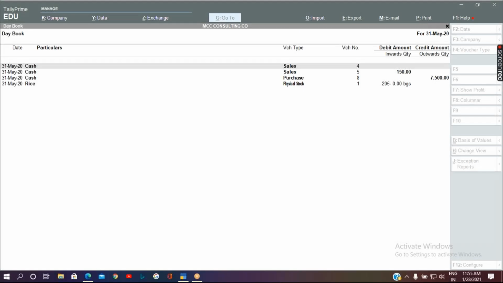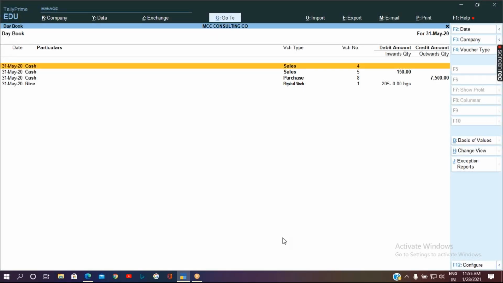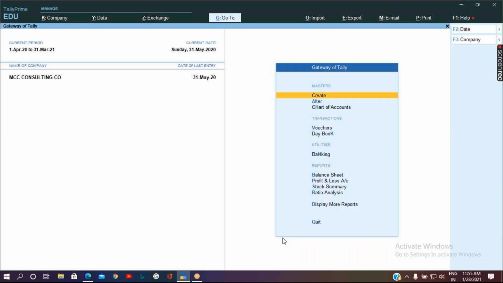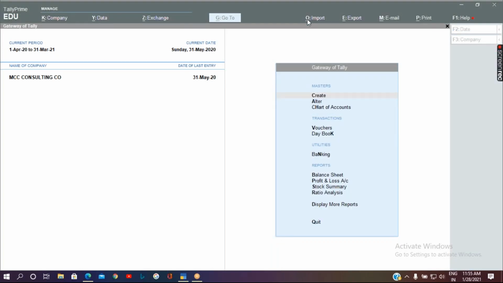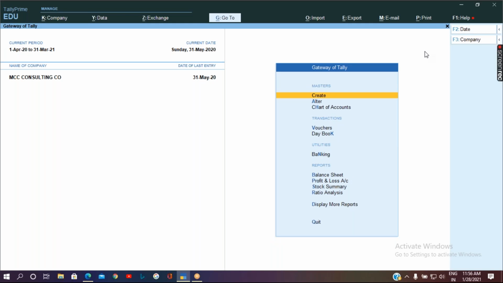Now we will put the same transactions in Tally. How we can pass these transactions through Tally. So let's come to the Gateway of Tally. Hope you people are able to see my screen. I'll reshare the screen. Yes. So we shall pass the transaction for the same. So we shall go to the Gateway of Tally, press F11.